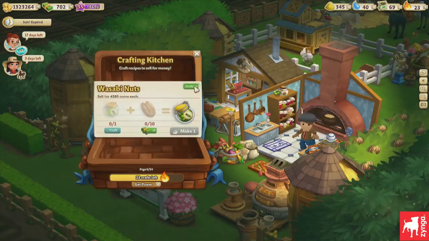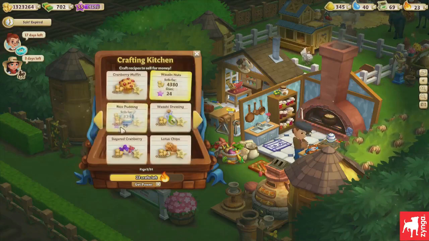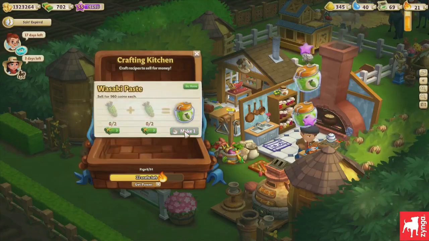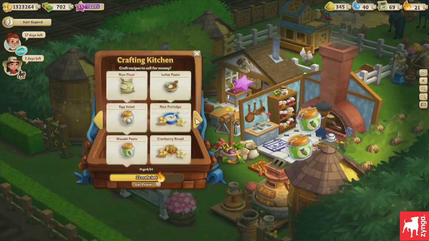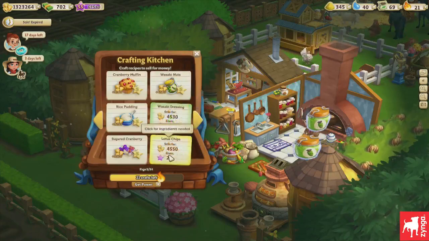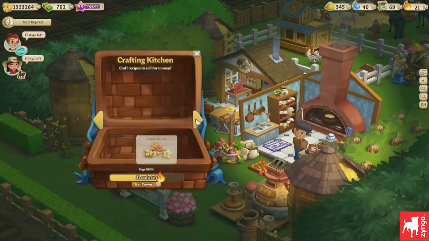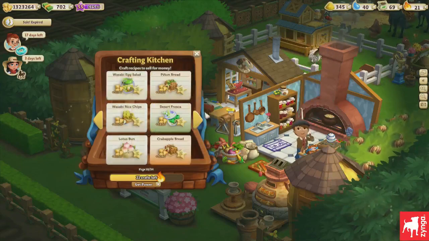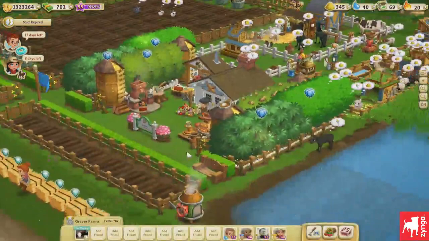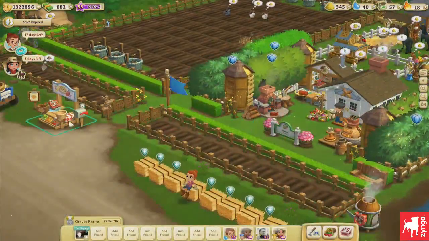We got some more exotic recipes. We've got wasabi nuts, wasabi dressing, which mixes wasabi paste. There's a couple of staples as well, so things like wasabi paste that I just touched upon. There's rice flour. There's lotus paste, and then we've also got some really cool recipes too. More exotic things like wasabi dressing, wasabi rice chips, lotus bun. The lotus buns are really great, and I think players are really going to get a lot of